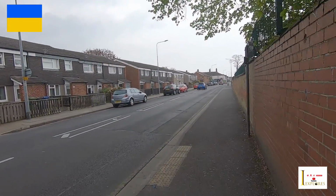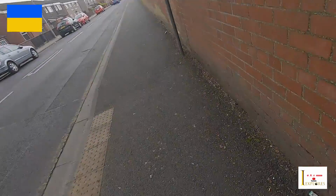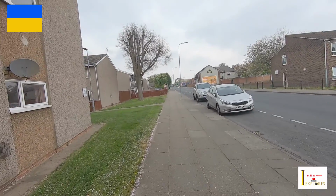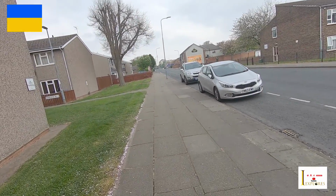So we're going to have another look, and we're going to go to another street. Okay, so I'm now walking down Albion Street. Now, Albion is an ancient name from way back in Great Britain. And this is Albion Street, so the name of it is quite old. And I've just read down here